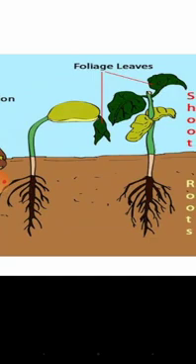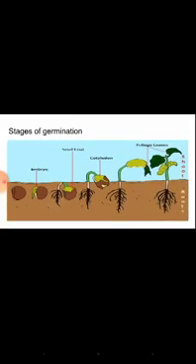Once the leaves start to prepare their own food, the cotyledons become shrunken as they have supplied all the nutrition to the plant for its growth. Once the leaves start to prepare food, the cotyledon is fully empty, that is, it has supplied all the nutrition. It dries and falls off from the plant. These are the stages of germination.